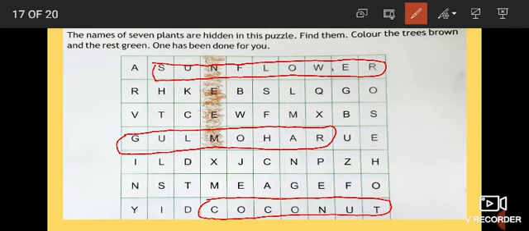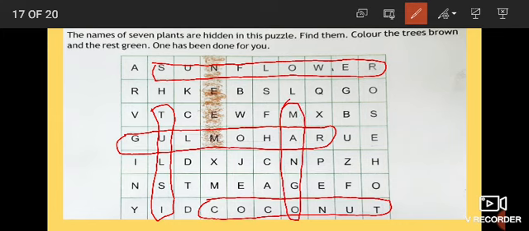And in the, look at here, vertically, you have to look at this. Any plant is here? No. And in the next one, we can find out Tulsi, T-U-L-S-I, Tulsi. Tulsi is a medicinal plant. Okay. And the next one, we can find out is a mango tree, M-A-N-G-O, mango tree. How many we find out? 1, 2, 3, 4, 5.